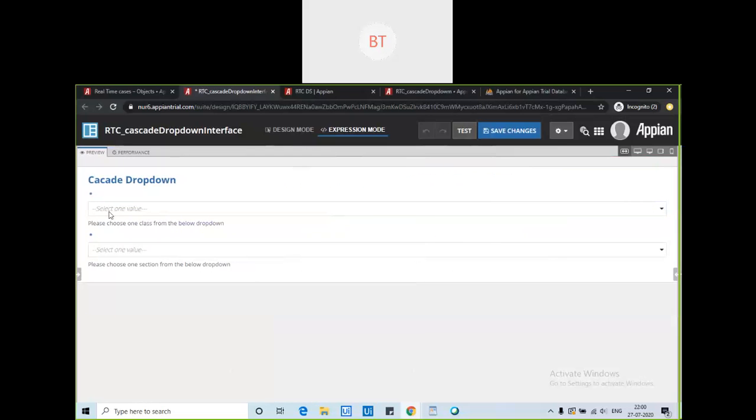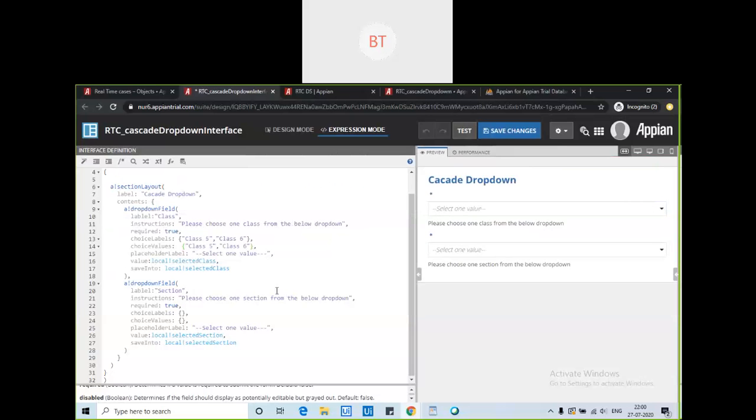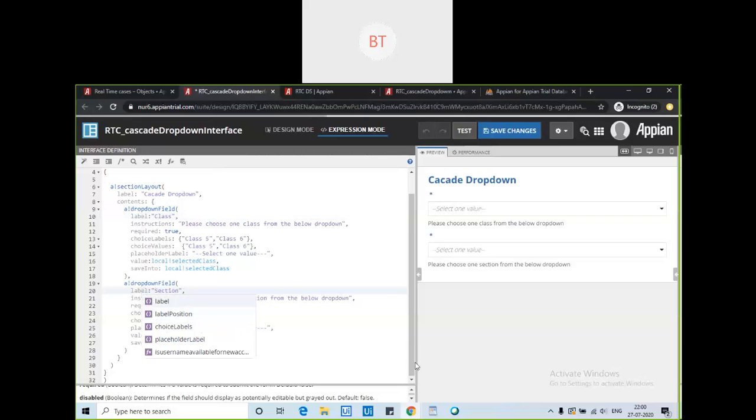Now why is class not coming here? So this is a silly mistake you will see. This is because it was giving something wrong. This label was not showing previously.